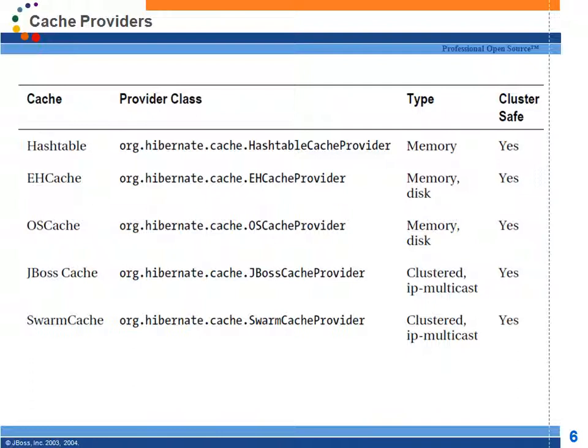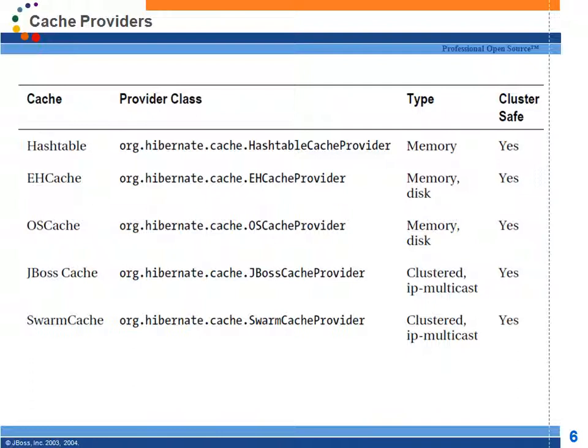These are the caching providers for Hibernate: Hashtable cache provider, EHCache provider, OSCache provider, JBoss Cache, SwarmCache, right? And if you want to configure EHCache, you have to use this class name. This cache supports caching in memory as well as caching on disk.